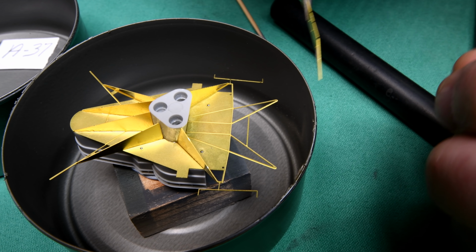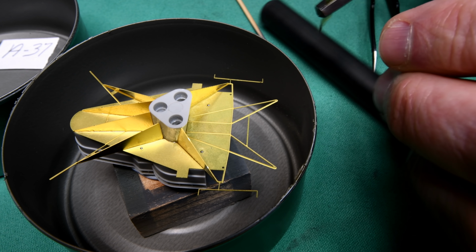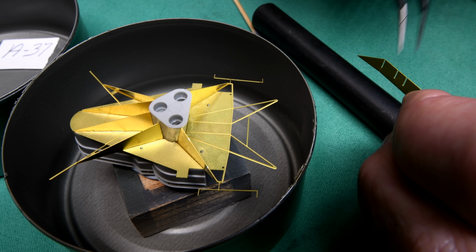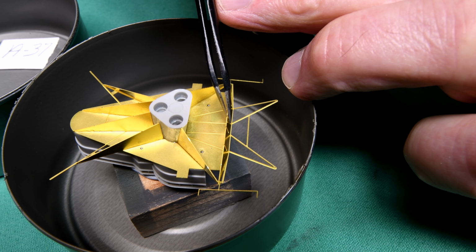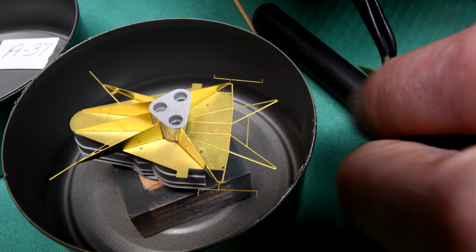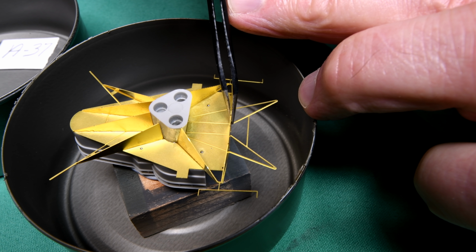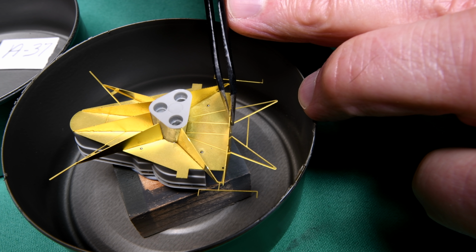That's pretty close. Maybe a teensy bit more here. I wonder. That might be too much on the one there. We'll soon know. Oh, now it's too much. Okay, now